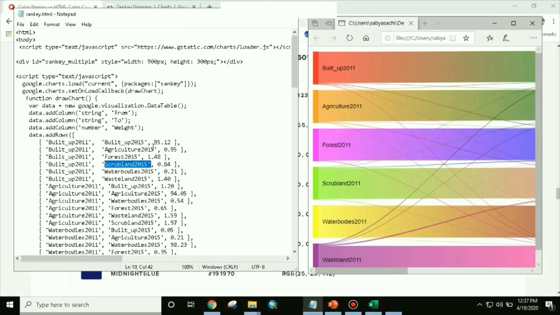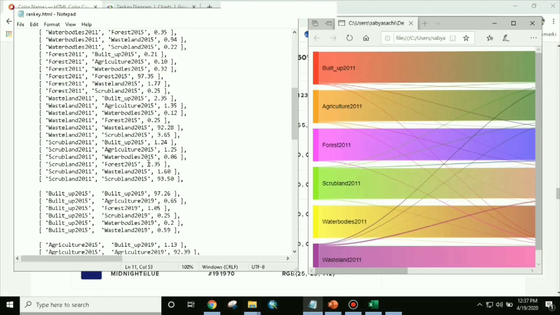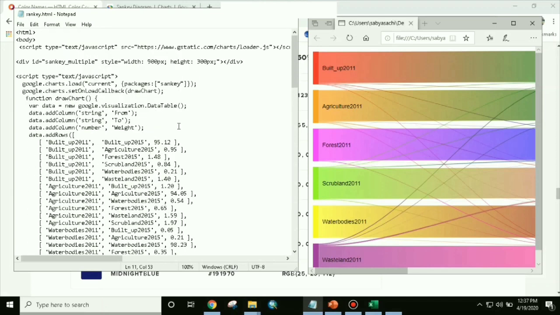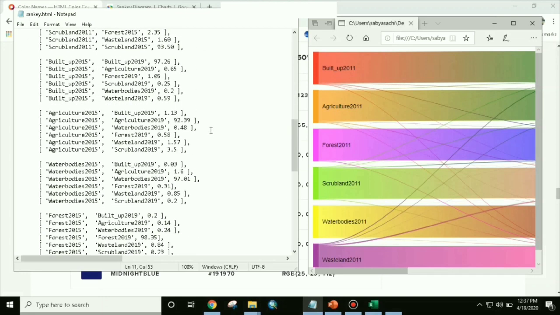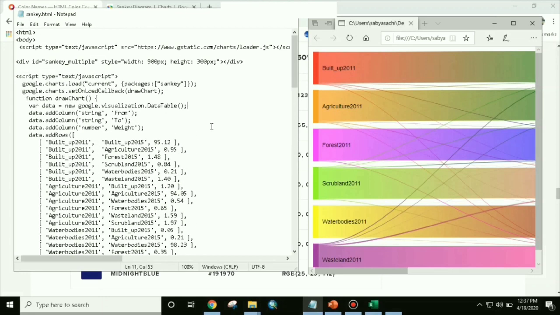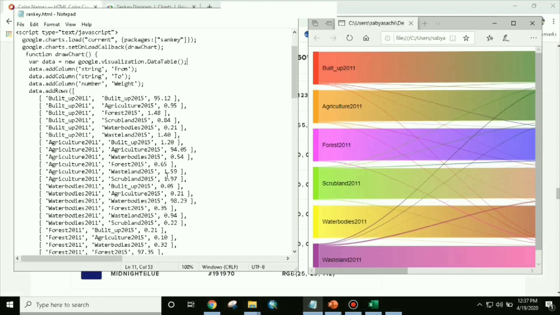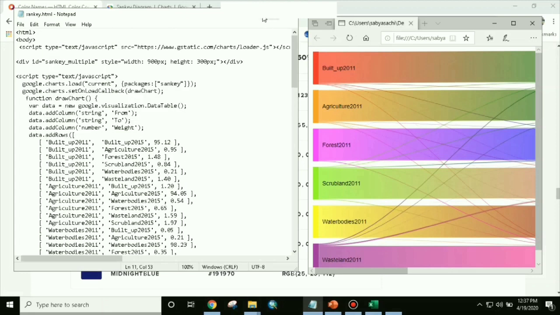I think it is very useful for all research scholars and those who are new to GIS. It's very easy, no need to have prior programming language knowledge. It's like just copy pasting and changing the code. It's very easy to do. There is no need of a high level of talent. It's very easy, anybody can do this.